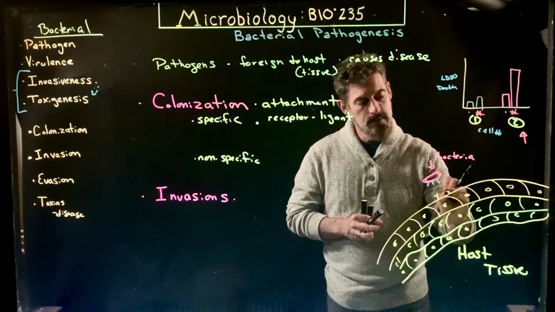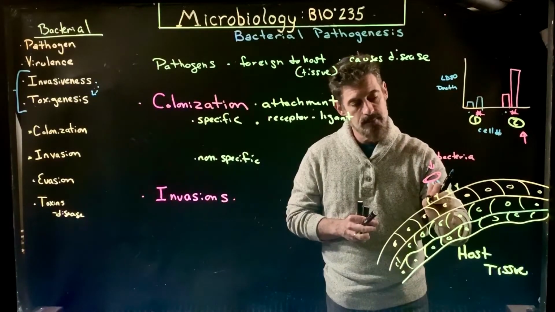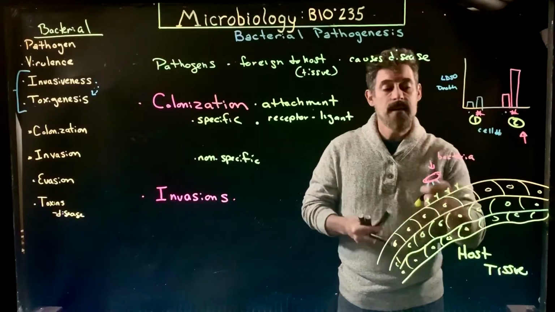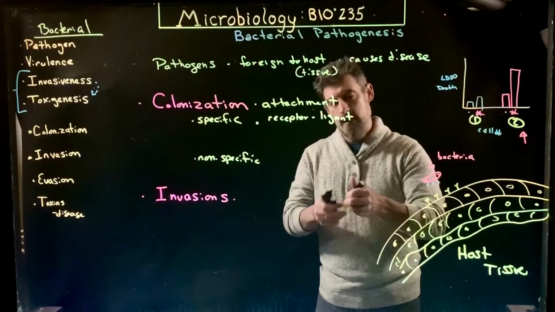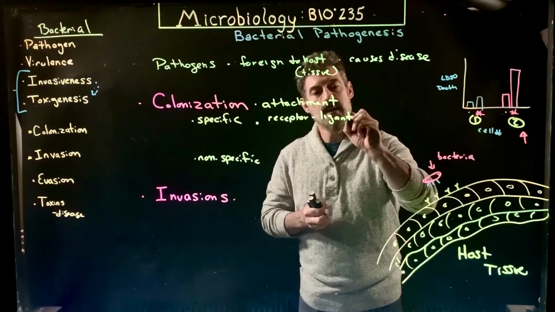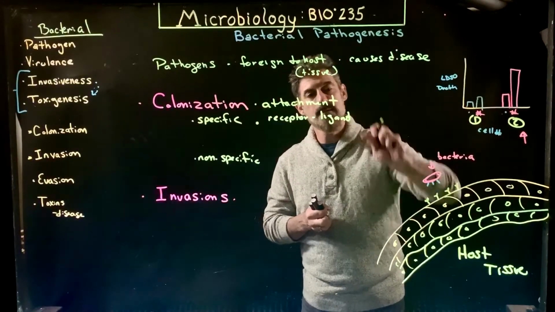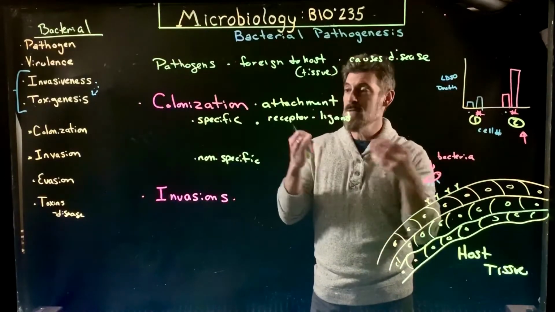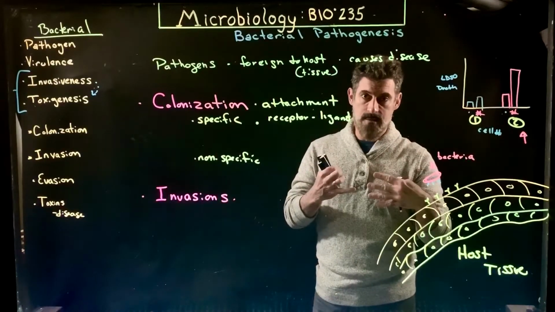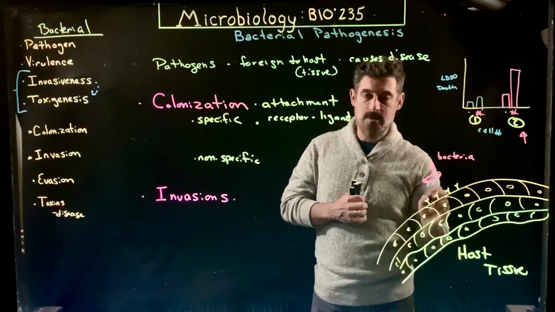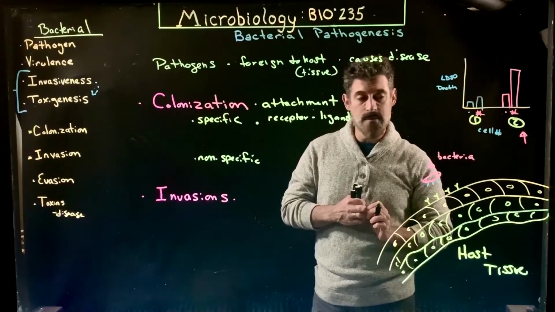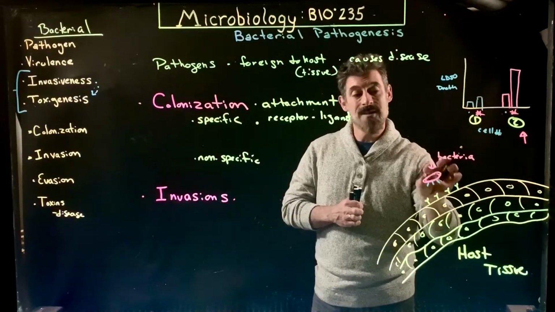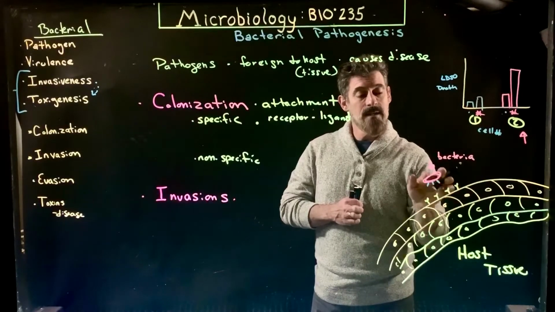We have proteins that are receptors on the surface of the cells. And they're meant to bind specific molecules. The bacteria then have a ligand, not ligant. So a ligand is the specific molecule binding to a receptor. And this is a highly specific binding process. Not just any molecule will attach to these receptors, only a very specific molecule will attach to the receptor. Certain bacteria then have evolved to produce these particular ligands, these specific adhesion molecules that will allow them to then interact with hosts.